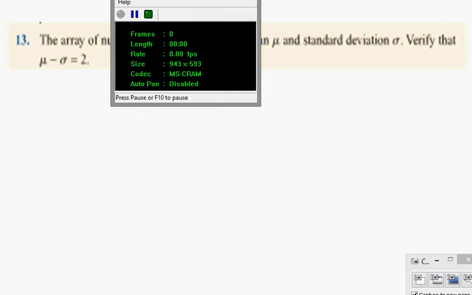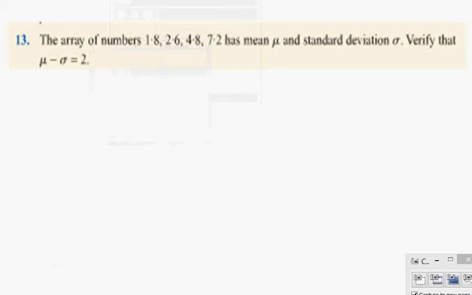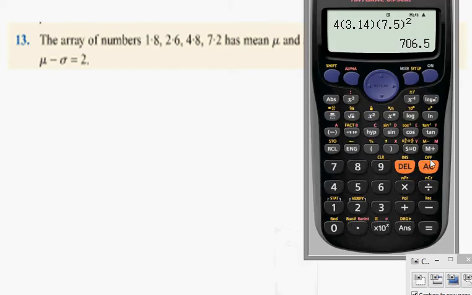This is exercise 3.5, question 13. The numbers 1.8, 2.6, 4.8, 7.2 have a mean mu and standard deviation sigma. Verify that mu minus sigma equals 2. So what you do first and foremost is go to your